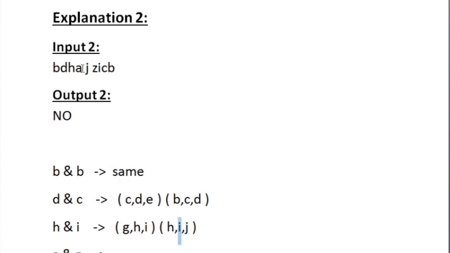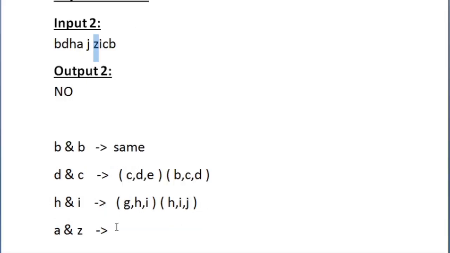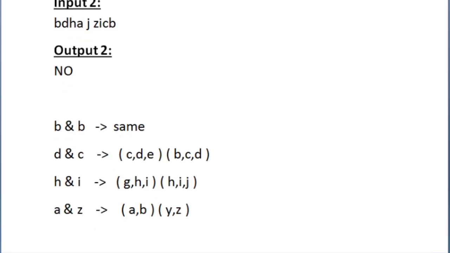Now we have to check this fourth and last fourth, A and Z. So the possible ways of A are A and B. Here we don't have previous character for A because it is given in the question that A can be toggled only into B. And for Z, the Z can be toggled into Y and Z because Z has only previous character and Z is the last character of the alphabet set.